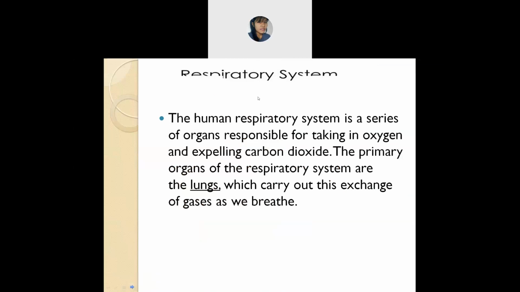So what do you mean by respiratory system? Respiratory system mainly means that when you breathe in oxygen and when you expel out carbon dioxide. And here, the lungs play an important role in the human respiratory system. Here usually exchange of gas happens, that is, exchange of carbon dioxide and oxygen usually takes place in